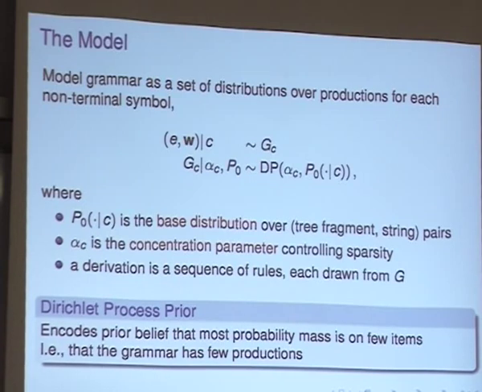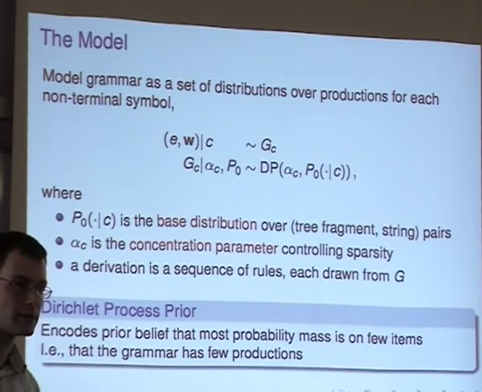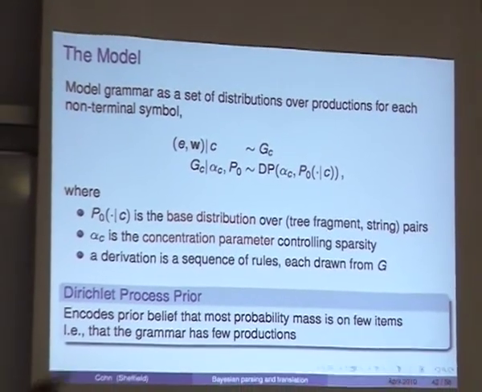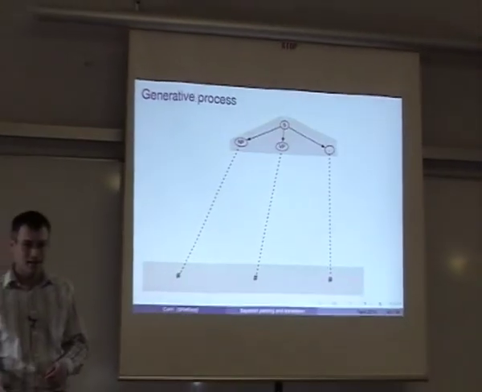Now, the Dirichlet process prior, as before, we can state again that we want a very sparse distribution, which is very reasonable in this framework. We don't want a massive grammar. And in fact, if you run most of the MT models, you do end up with absolutely massive finite state transducers or synchronous context-free grammars of the scale that you can't actually even represent them on disk. So this is very important.